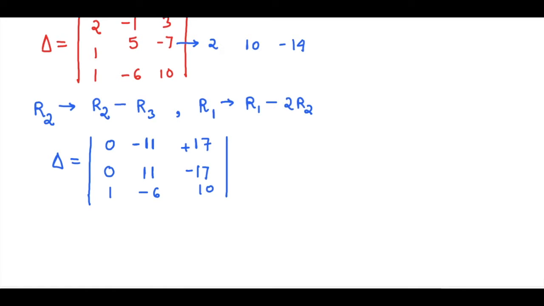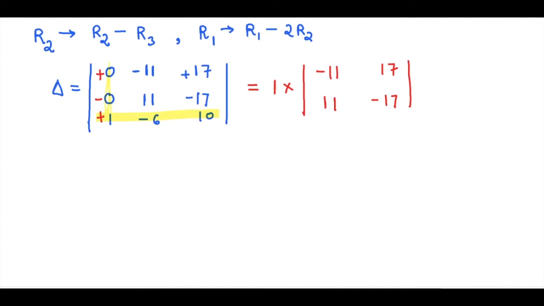Let's expand this according to the third row. So just leave this row and this column. Here the sign convention will be plus, minus and plus. So just expand it. We will get 1 and a small determinant. Leave the yellow portion. We will get minus 11 and 17, and 11 and minus 17. So the value of del will be 1 into